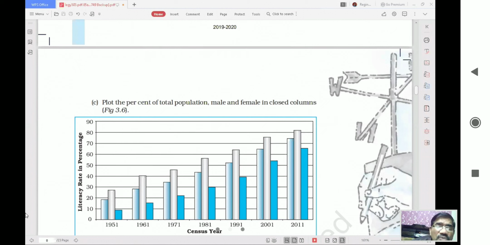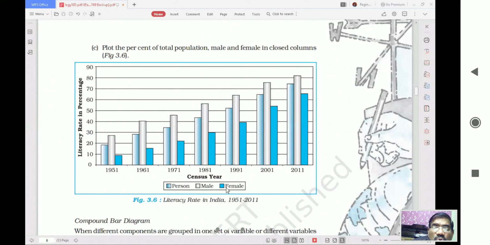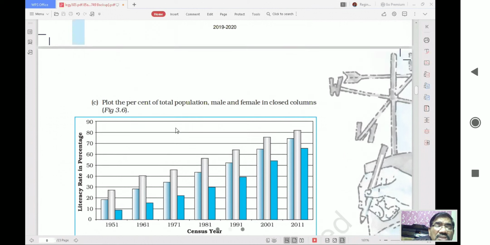If you want to see overall increase, you will look at this particular point, the light blue one. Okay. And if you want to see female literacy, the blue color is for the female literacy and the gray color is for the male literacy. And overall literacy will be the light blue color. Blue and gray put together in this particular line, which is showing the total literacy. And which is lesser. Why? Because female literacy is low, which is bringing it down. So you can say this is again a figure which you have to make.